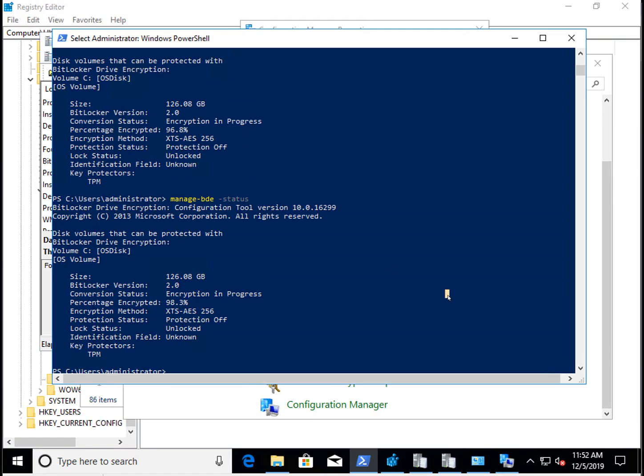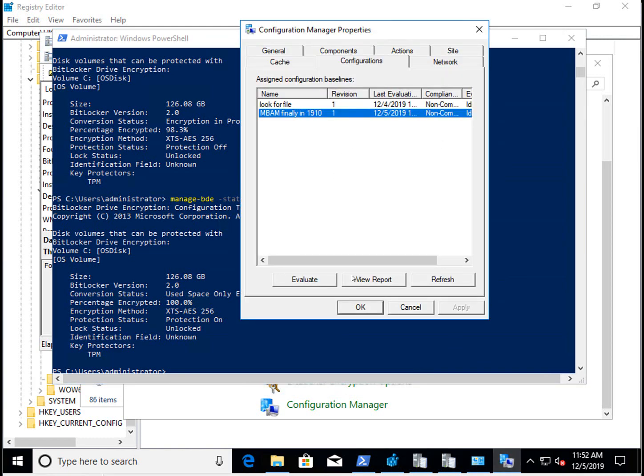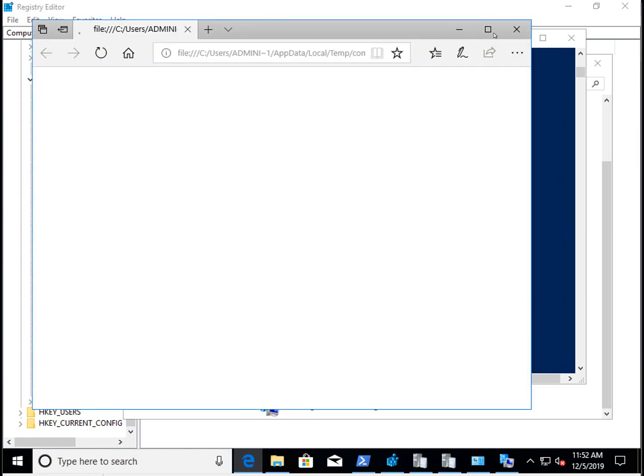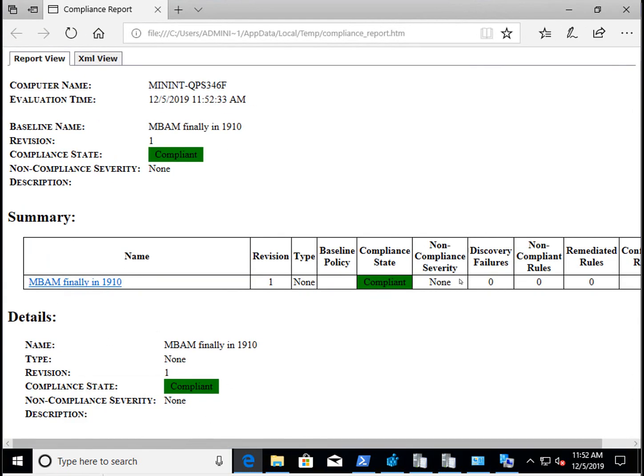It should be at 100% now, and it is 100%. So if we look at the configuration manager client agent and now do a refresh, still says non-compliant, but let's click on evaluate and then refresh. And look at that, it has changed over to compliant. So you could click on view report to get information about, well, okay, what's it compliant with? And it's compliant with our policy, of course, right? So now if we go back to the config manager console